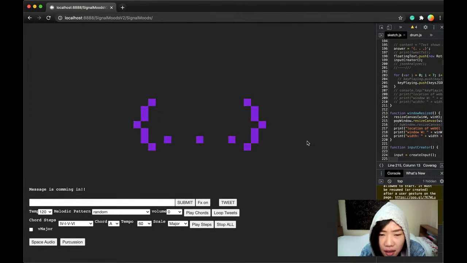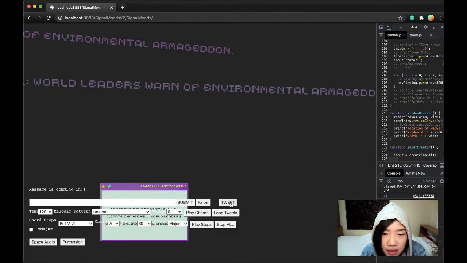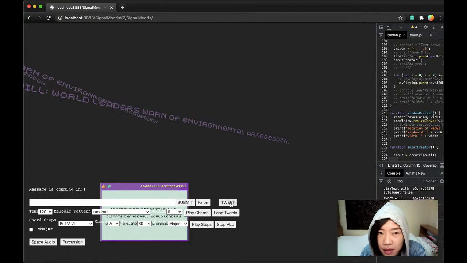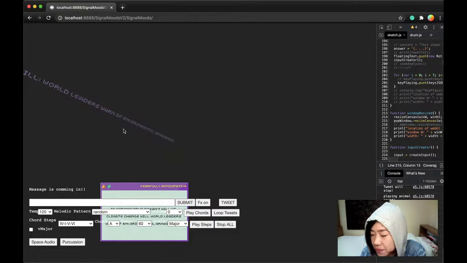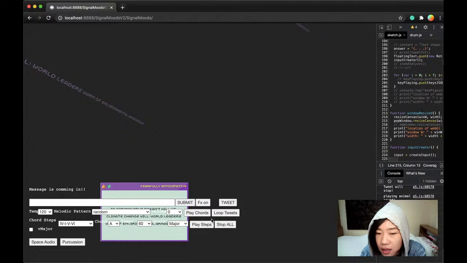Okay, so you're not gonna see that nice loop of the background yet here. So here is the sound when a tweet comes in. I hope you hear it though. Yeah, and I got a text on the back here. And then we can also go to this random walk, maybe a little bit louder.